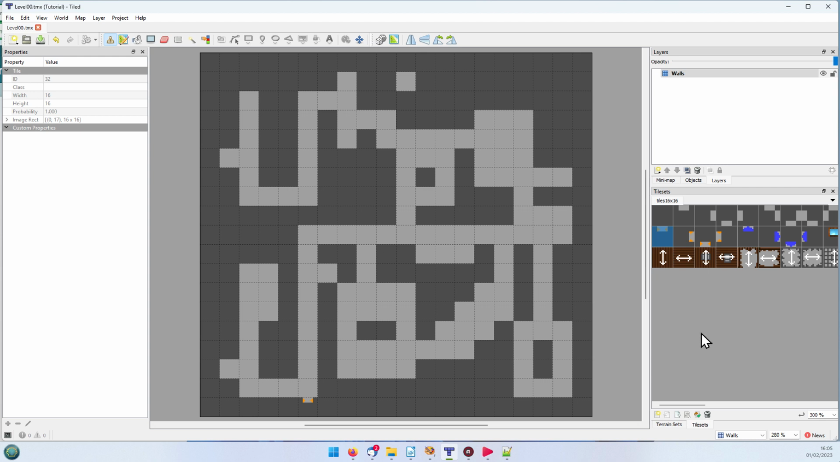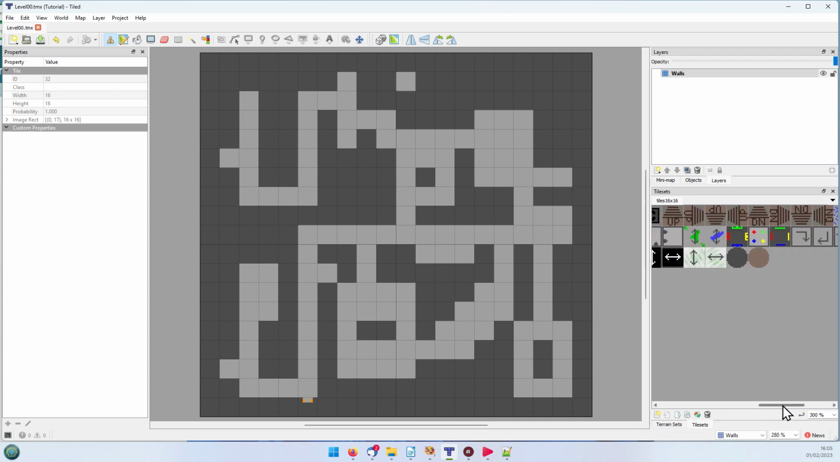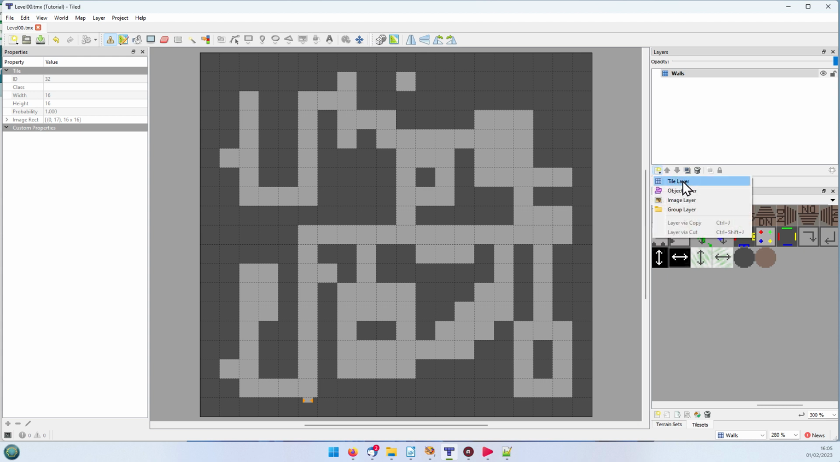So we only need one more image layer, which is for floor decorations, which are these two here. That's the green slime and the puddles. So the next thing we're going to do is to create some more layers. If you go to this one here, it says new layer, and then you've got a choice: tile, object, image, or group. The one we want is a tile layer, and you can see it's come up ready for you to change the name on there. So we'll call that floor